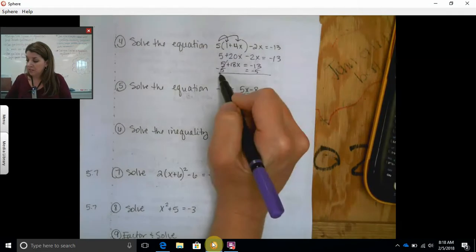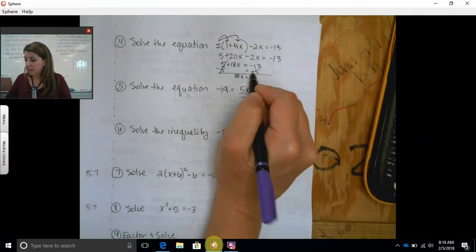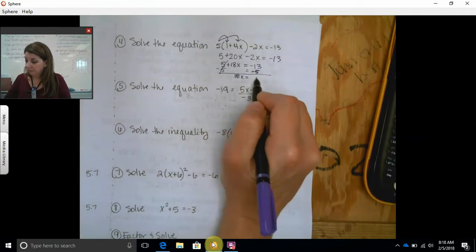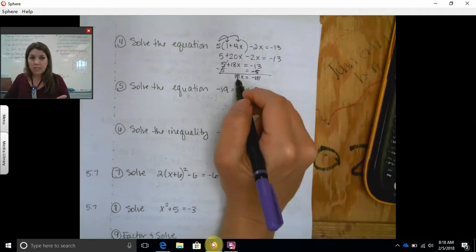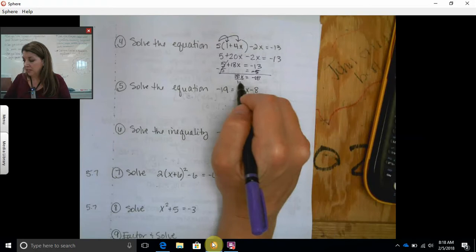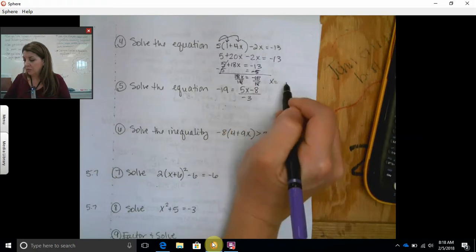So 5 minus 5 is 0. 18x equals negative 13 minus 5. Negative 18. Now am I going to subtract 18? This 18? Divide, because it's multiplying by x. So that is x equals,